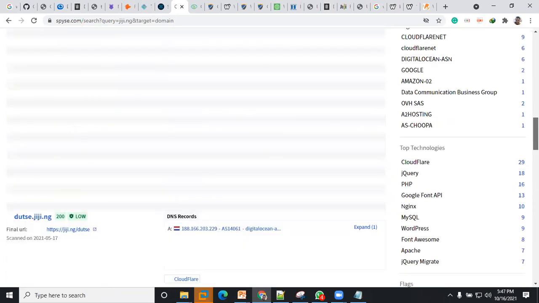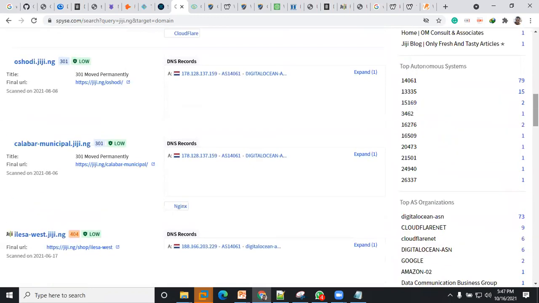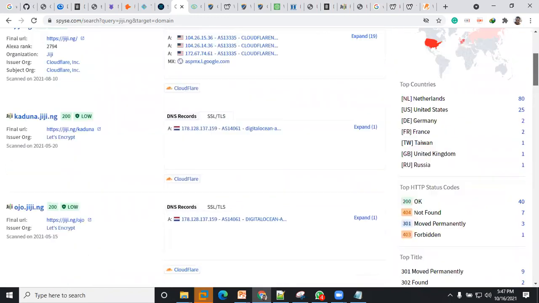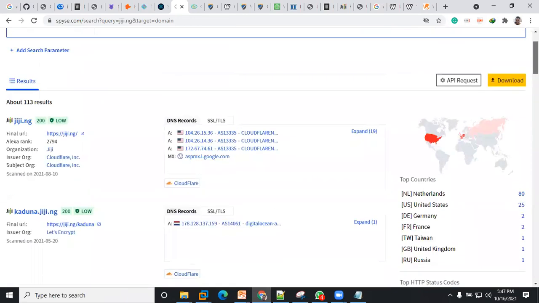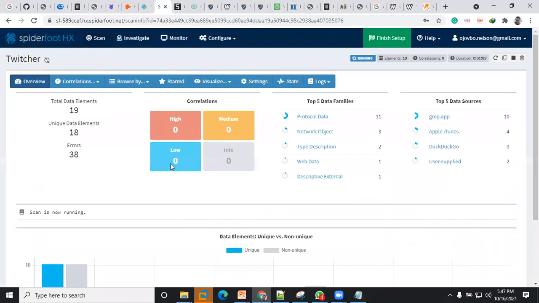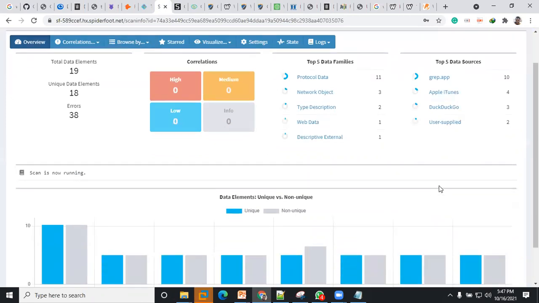So this just conducts, and like I said, this is still passive, and it's not showing anything red, telling us that there's anything that is flagged. Okay, so I'm just trying to go back to see what we had on Spiderfoot scanning for technology. Okay, so we can also check through.